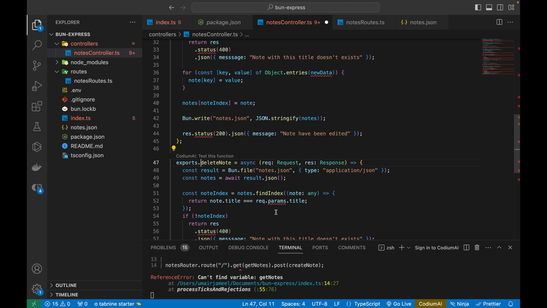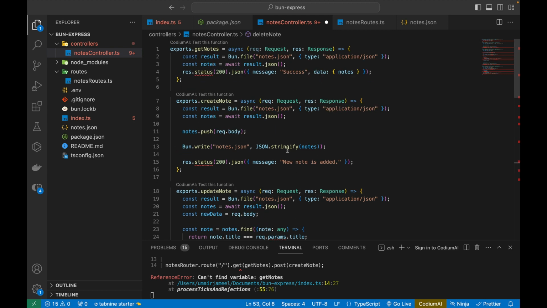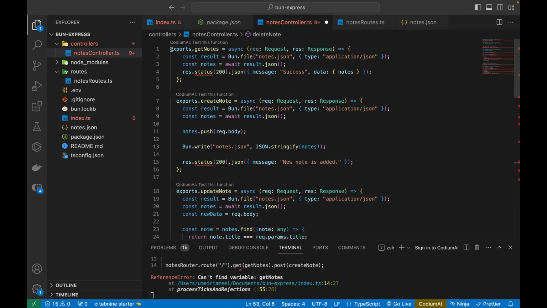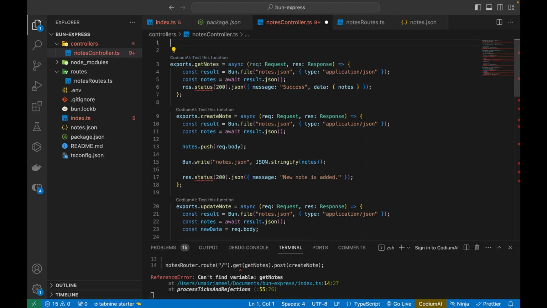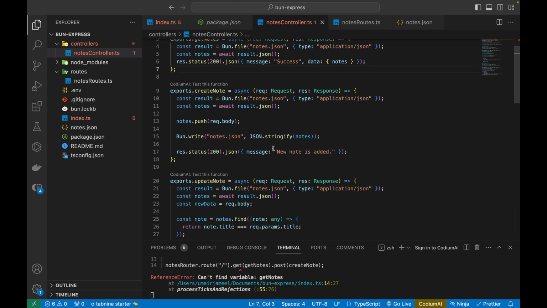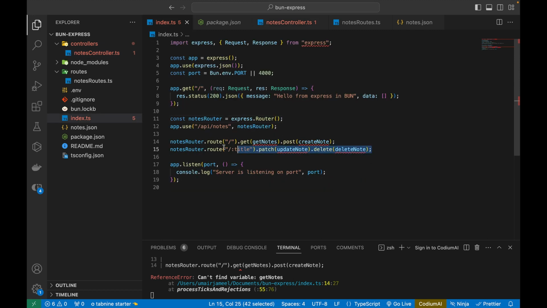All right, and you can see that it is actually giving an error for these request status objects. The reason is that I have to import this over here so that our request response object is actually available over here. All right, so it has been moved, and I assumed we don't need to do anything else inside it. I need to actually move these things out of this file into the routes,